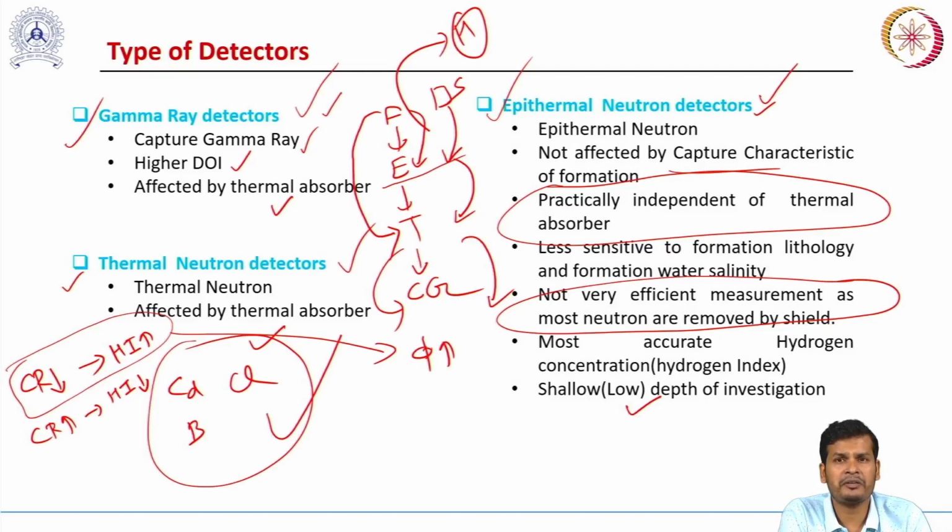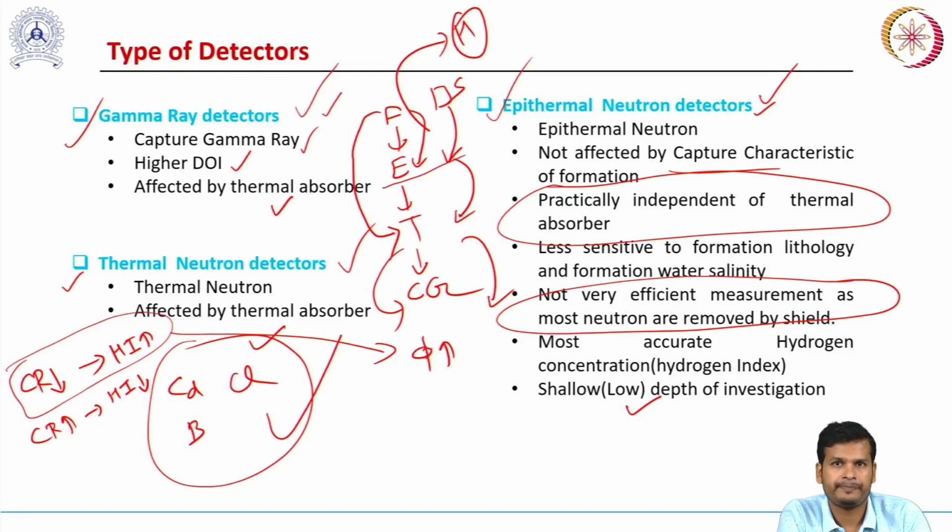The detector has what? A coating of cadmium around it. So it will absorb all the thermal neutrons. So we are decreasing the neutron count rate, so we are getting less count rate by only observing the epithermal neutrons. So that's why these detectors are very sensitive to source to detector spacing. So the tool must be designed carefully to get a very accurate count rate which can be converted to